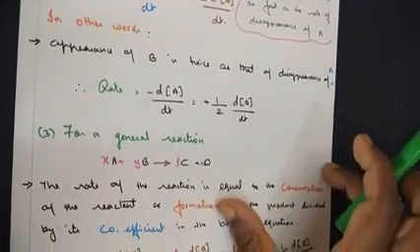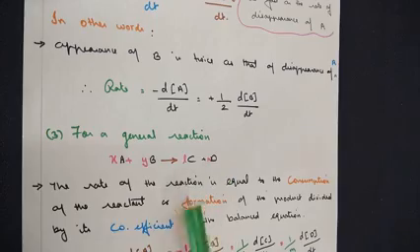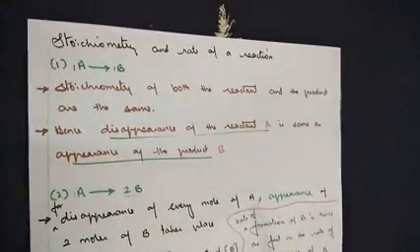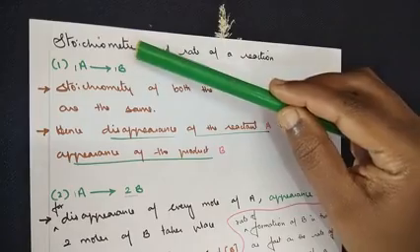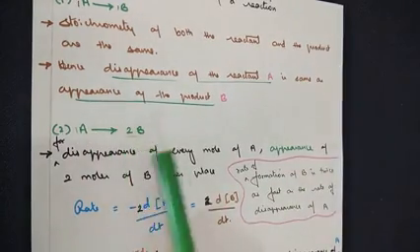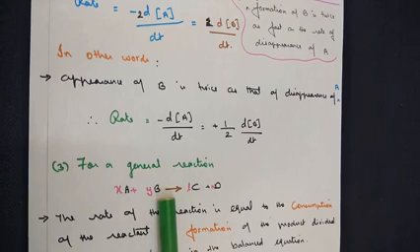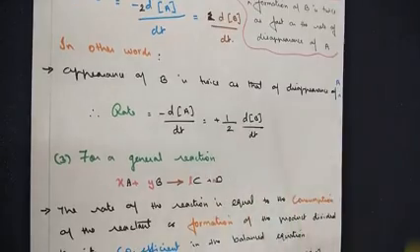The third type of reaction is the general one, where most chemical reactions fall. The first type of reaction is 1 mole of the reactant A giving 1 mole of the product. The second type, 1 mole of the reactant A giving 2 moles of the product. The third type involves more than 1 reactant. Here 2 types of reactant are taken, giving rise to 2 types of products. So A and B are reactants, C and D are products. x, y, l, m stand for the coefficients, the numerical terms.